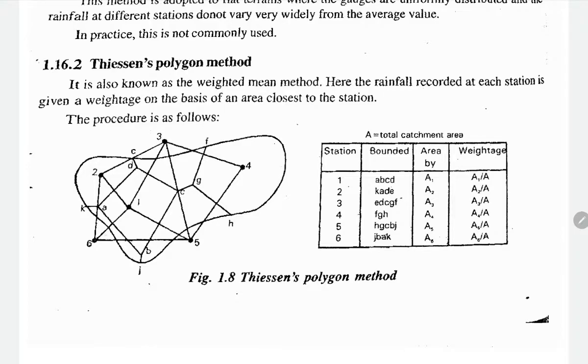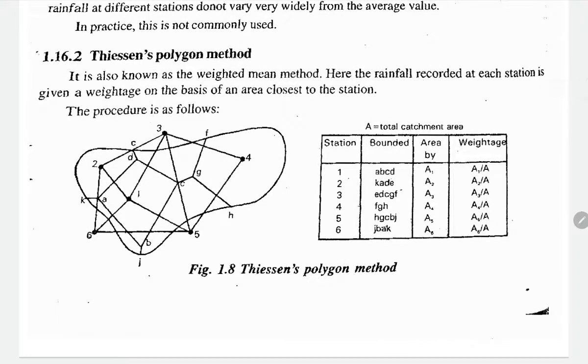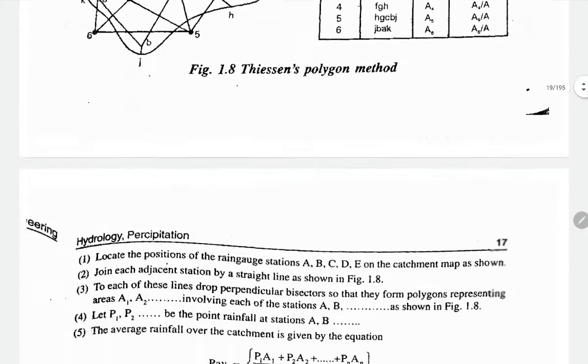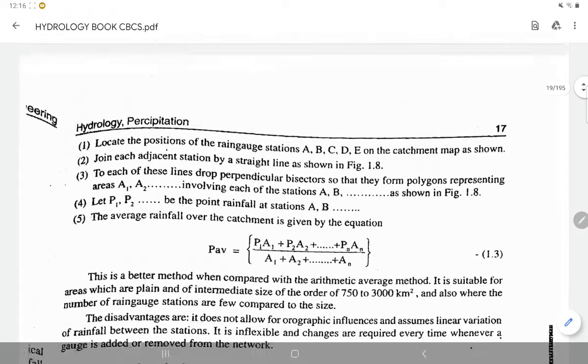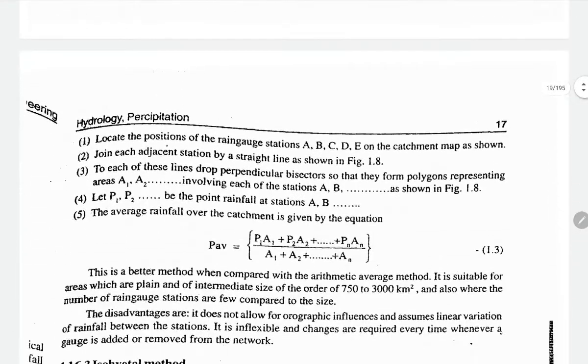So, you may not get the same rainfall at all the rain gauge stations. But when you ask for the average rainfall at Vijaypur city, I am not supposed to give the data using only one rain gauge station. I must take the average of that. So this is another method to find the average rainfall, that is P_av equals P1 A1 plus P2 A2 plus Pn An divided by A1 plus A2 up to An. This is the method.